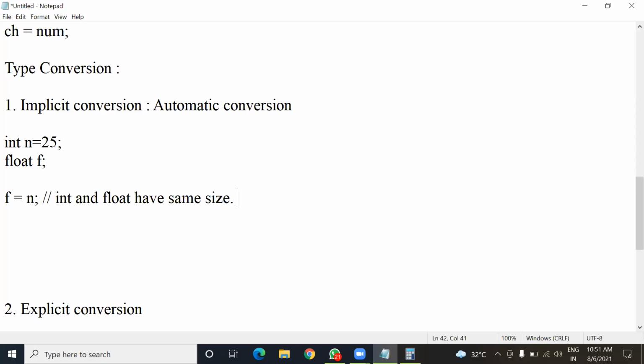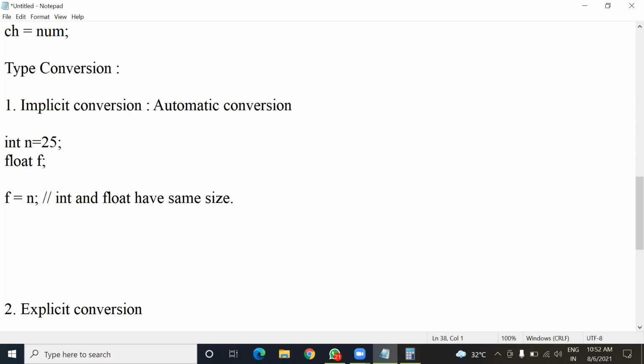Which data type has more precision, an accurate value? Accurate value will be stored in which data type, float or int? It should be float, because in float we can store the fractional part also.